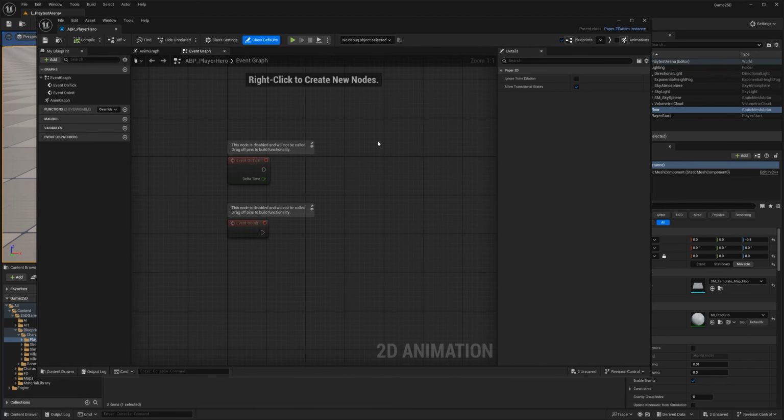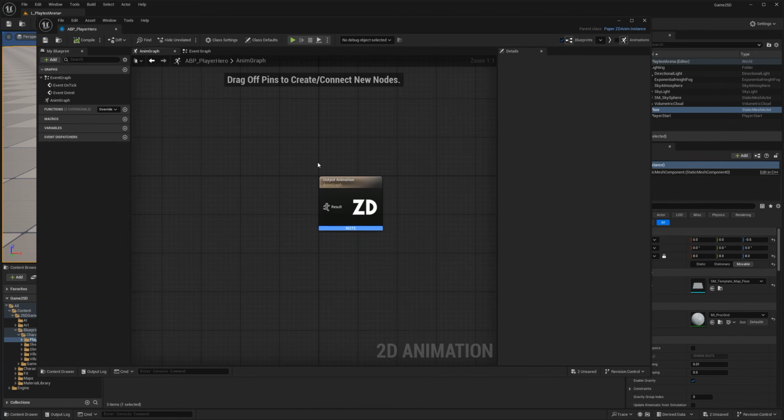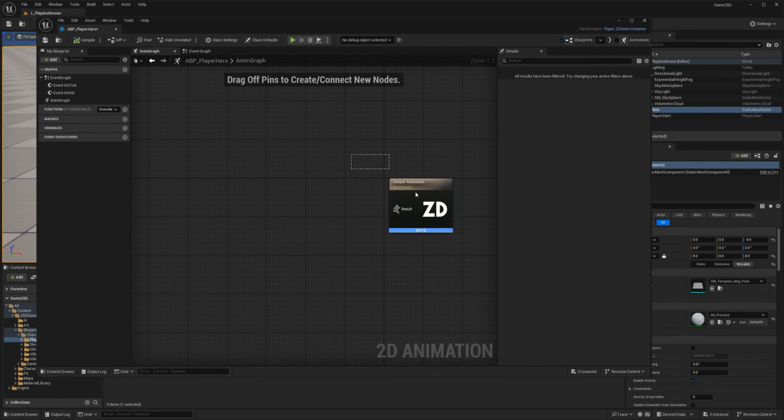So in order to explain to you what essentially this does, I'm going to go to my animation graph, and the animation blueprint is something that you can use in 3D with 3D characters and animation clips and skeletal meshes. And essentially, Paper ZD uses that system to play and to make it easier for us to set up animation cycles, interactions between them for 2D sprites. That's why this tool is so powerful. It's really helpful. You can do the same thing without it, but this just speeds up the process.